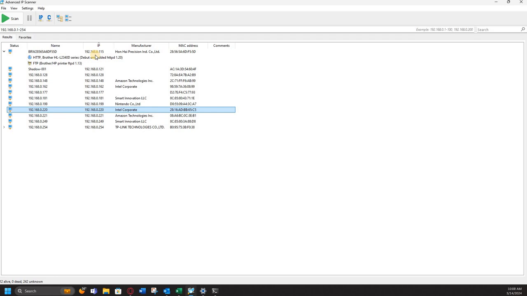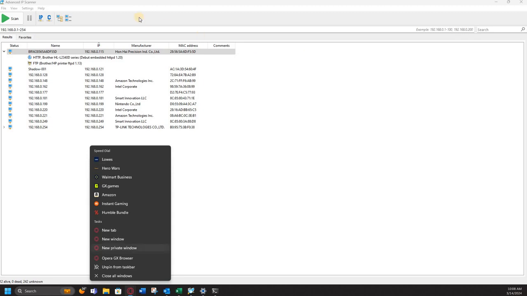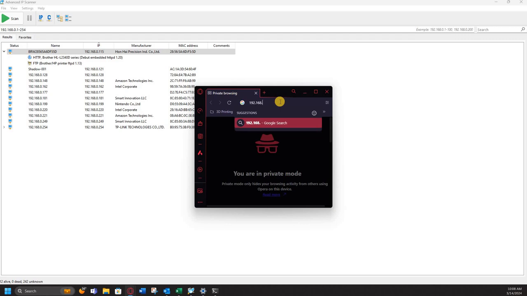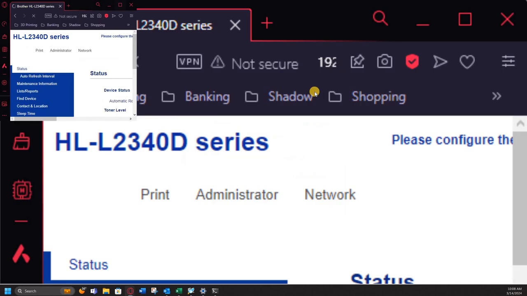Obviously, the physical location is something a little bit different, but it's pretty cool that I can go in here and say, okay, well, I have a Brother L2340 Delta series printer, and it is located at this IP address. And so what that means is I can pull up this IP address. It's 192.168.0.115. And so I can take that information